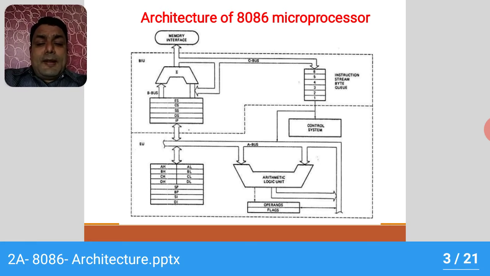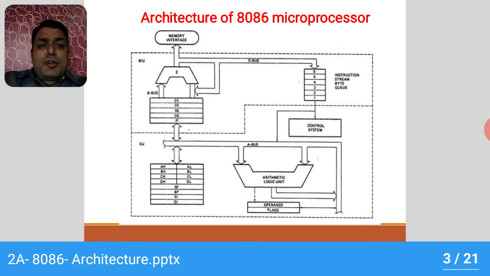Now let us see the register organization of the 8086 microprocessor. The 8086 has a powerful set of registers known as general purpose registers and special purpose registers. All these registers are 16-bit registers. General purpose registers can be used as either 8-bit registers or 16-bit registers. They may be used for holding data, variables, and intermediate results temporarily, or for other purposes like a counter or for storing offset address for some particular addressing modes.